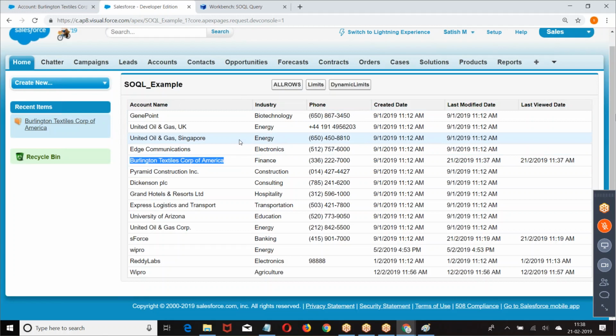If you are fetching the data, the order is influenced by the date field. When I say get the data, the order will always be influenced by the date field. Based on which date field you are going to influence: created date, last modified date, last viewed date. That is the reason I opened an old record once again, and it has not shown any impact for me. Last modified date, I opened one of the existing records, modified it, still it is not showing any impact on my data. So I'll do one thing, I'll go to Wipro.